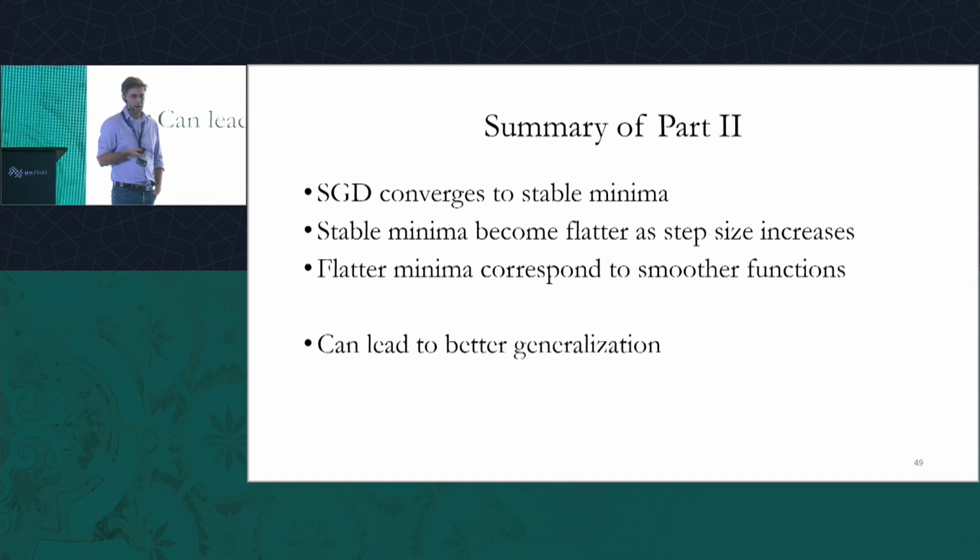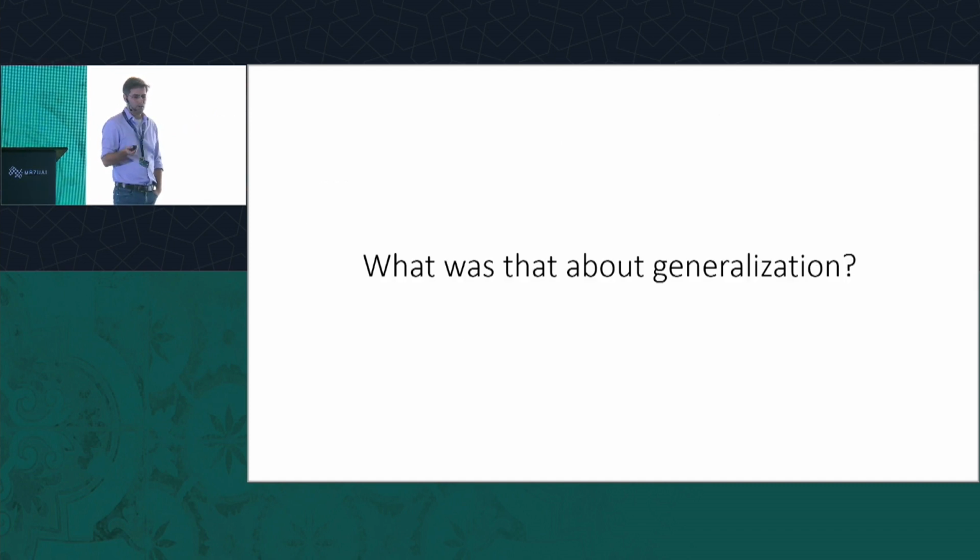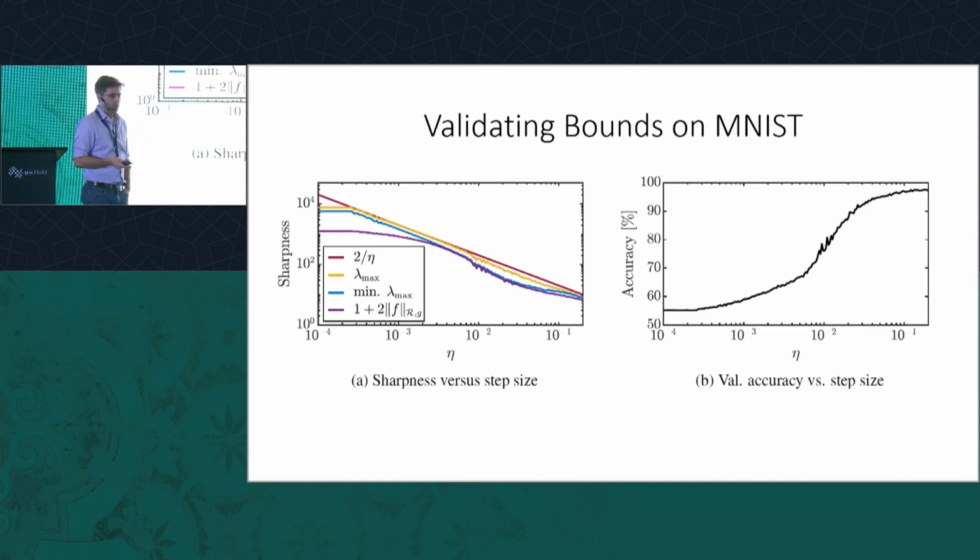It seems intuitive, but can we say more precisely what happens with generalization? Empirically, if we take this shallow neural network on MNIST and check all our bounds, we see the bounds are actually tighter than in the synthetic data case. If we increase the step size and go closer to the part where the function is smoother, we actually get improvement in accuracy. Here we use a very large initialization, so it's starting in the kernel regime. For small step size, the performance is quite bad, so using a high step size, you can go far from the kernel regime and get improvement in generalization.